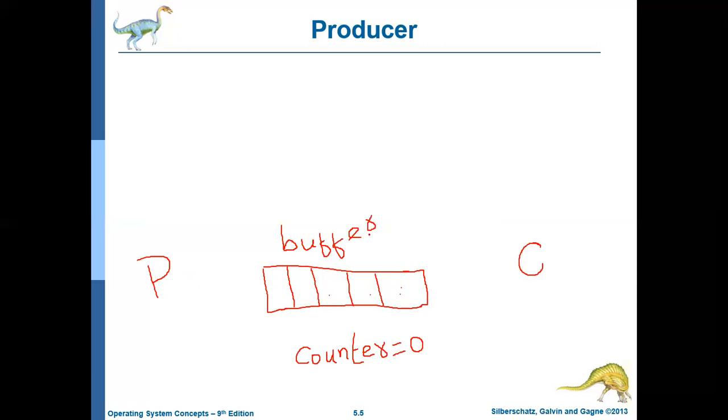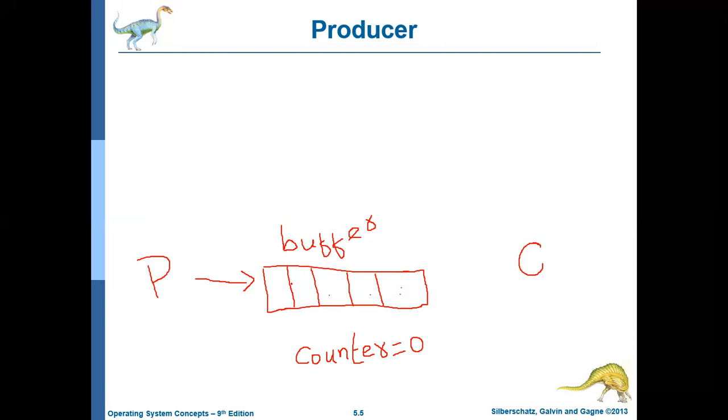So here the buffer size is 5. Before keeping any data item in the buffer, the producer should check the current capacity of the buffer, whether the buffer already has 5 elements or not. If the buffer does not have 5 data items, then the producer can add one more.